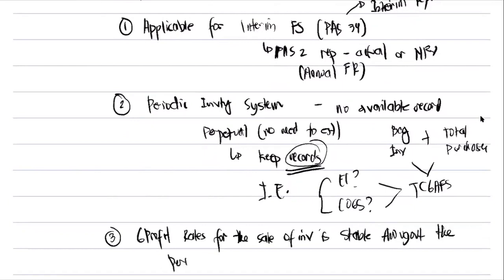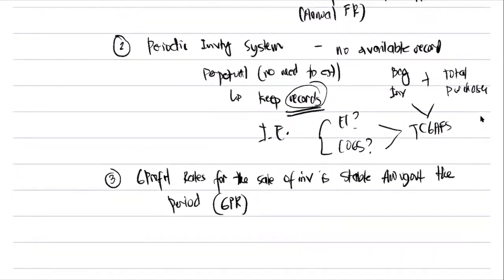So what we have here is a GPR. Our GPR must be stable throughout the period. It means there was no change in our GPR because, again, we look at the relationship of your sales, cost of goods sold, and gross profit. Now, if ever our gross profit changes,